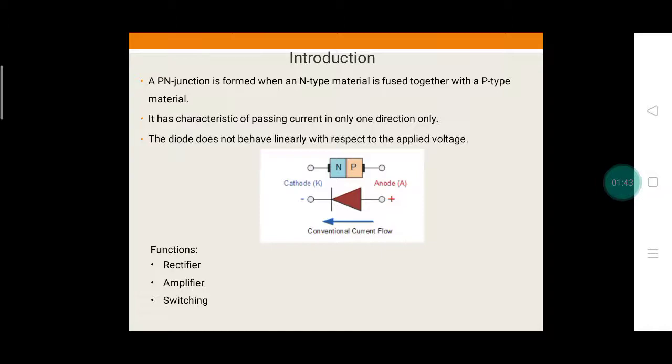If we study this concept more deeply, there are two bands in every material: the conduction band and the valence band. In the case of conductors, the conduction band and valence band are very close to each other. Therefore, electrons can easily jump from the valence band to the conduction band. Hence, conductors have a very high rate of conductivity.